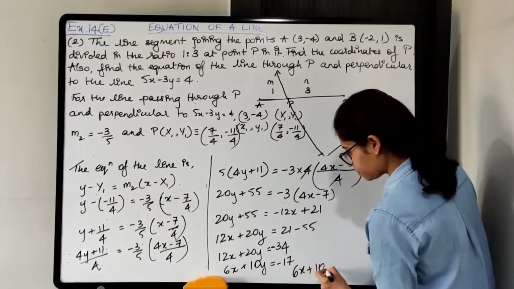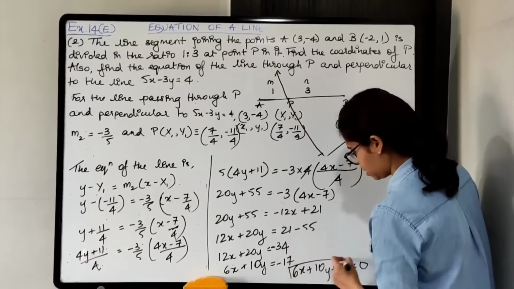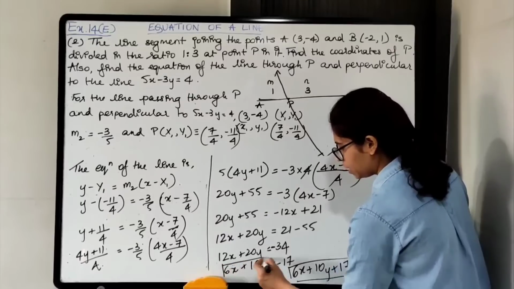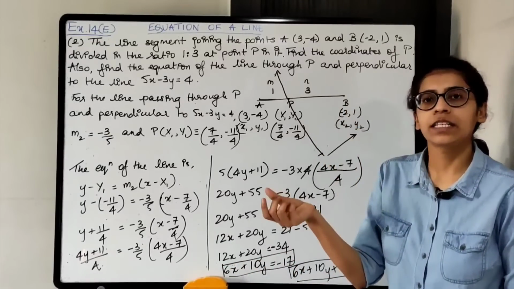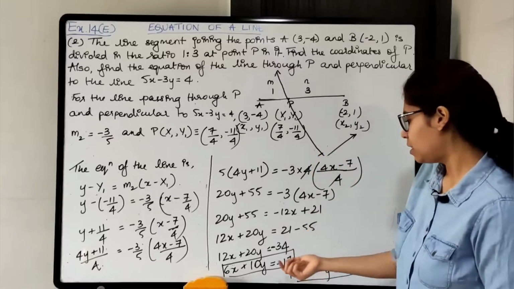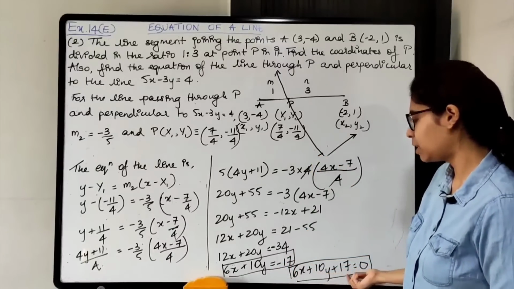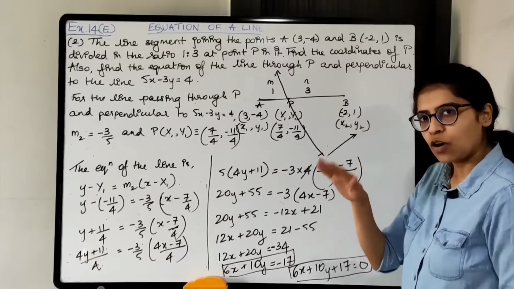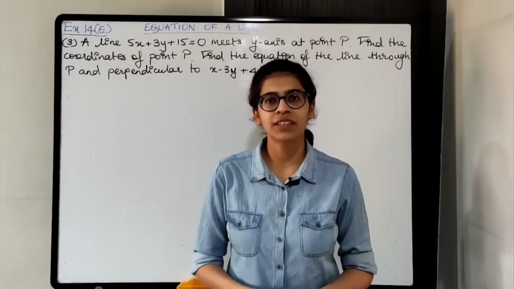Okay. Either way the equation is correct. You can also keep it in standard form. This is also correct, this is also correct. Box any one of them and write down the final statement. The equation of the line is 6x plus 10y equals minus 17, or 6x plus 10y plus 17 equal to 0, or in standard form. Okay. Let's read the next question.